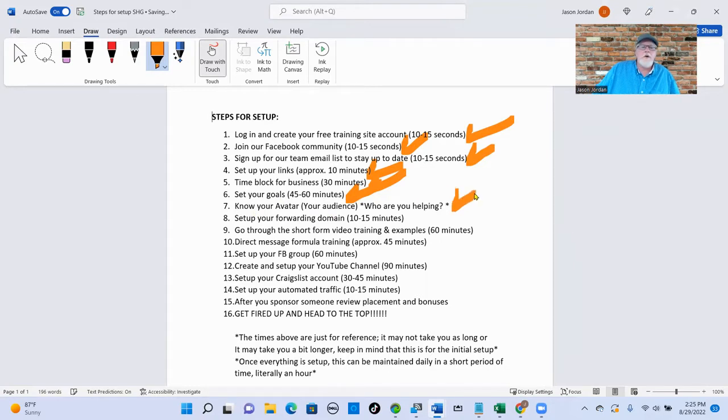Again, it's about knowing your audience and who are you out to help. Okay. Really good training inside. We did how to set up your forwarding domain, which took a little bit longer than the others, but still only 10 or 15 minutes, and you're going to be good to go there. And I go through that in detail in one of my videos, and then we do it again in detail inside the free training system, inside the team site.